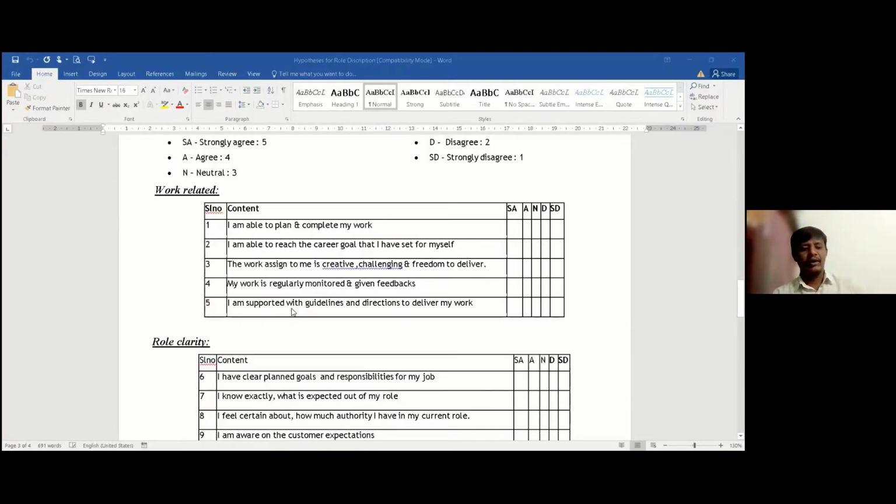So to apply a t-test, we need to identify what type of variable we are working on. Here we are working on scale variables.